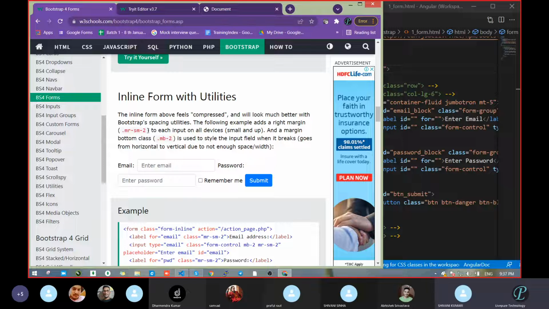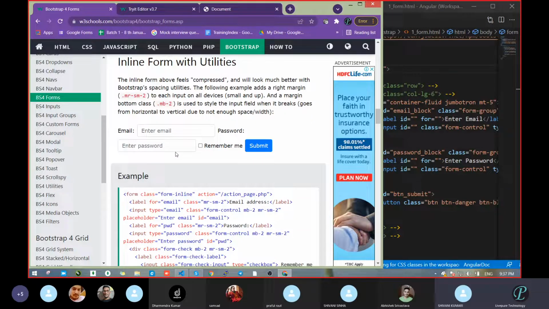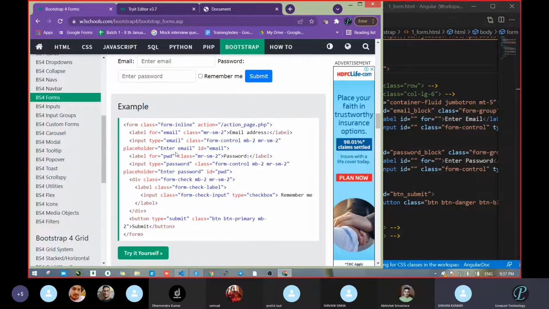What is written there? To each input on all devices, small and up. And add a margin bottom class mb-2 to style the input field, since it breaks from horizontal to vertical due to not enough space. It will auto adjust the design.